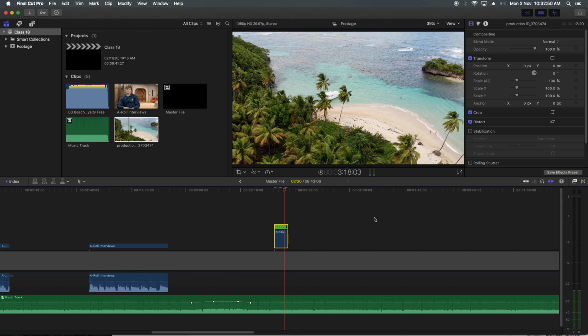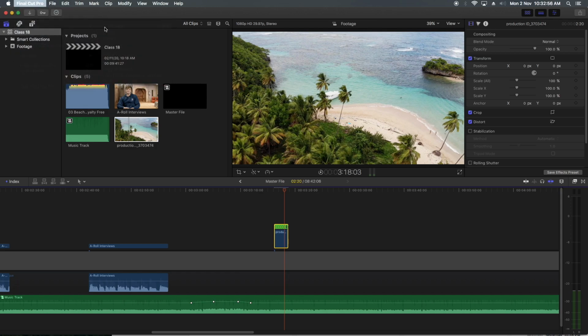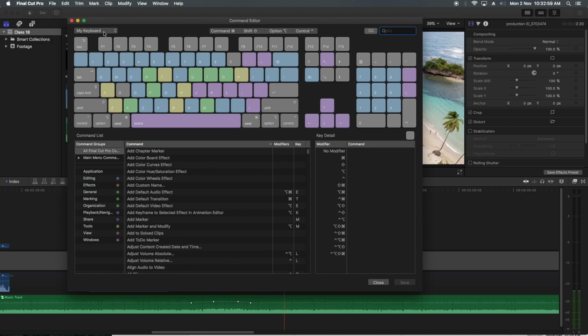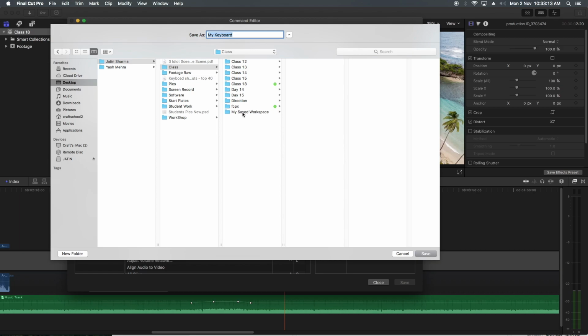It is necessary to have that selected. And if at any point you want to go to another computer or another system, you can export your commands, and I can save it again at the same place where I saved my workspace.